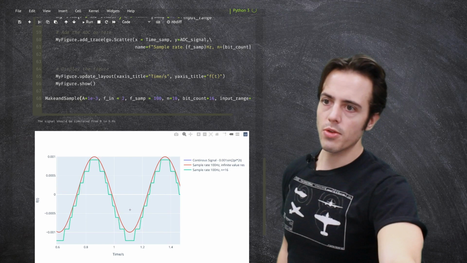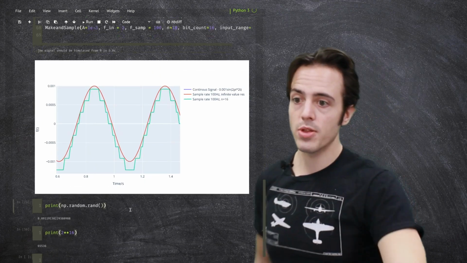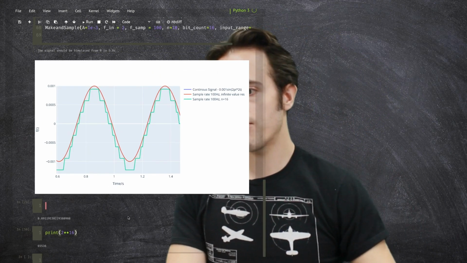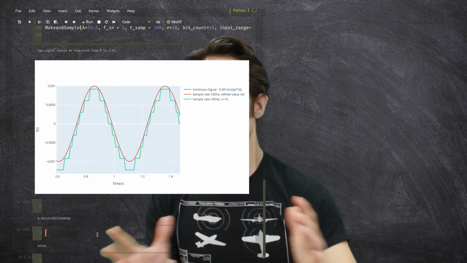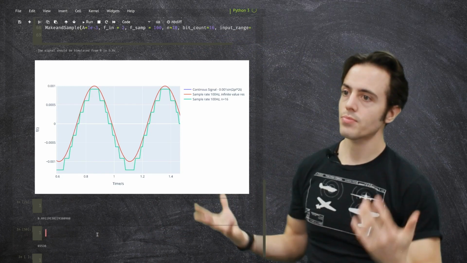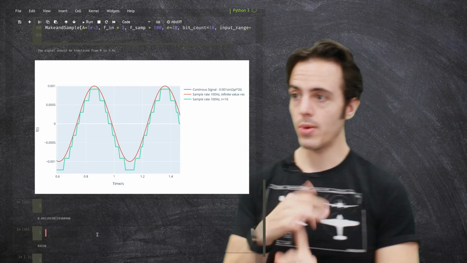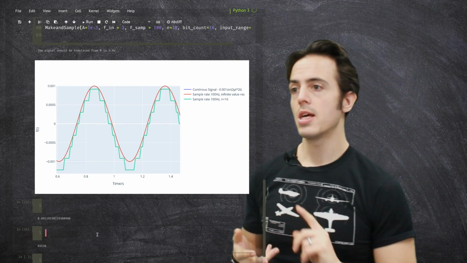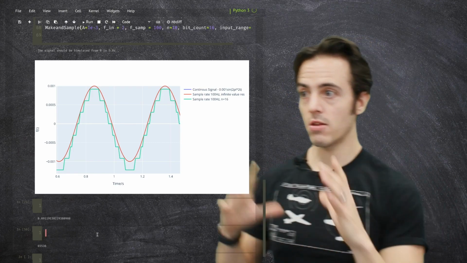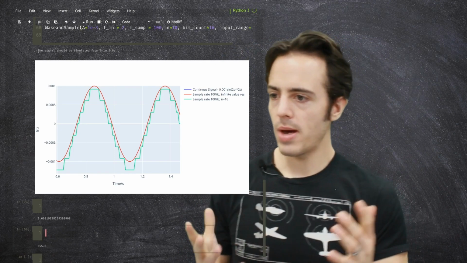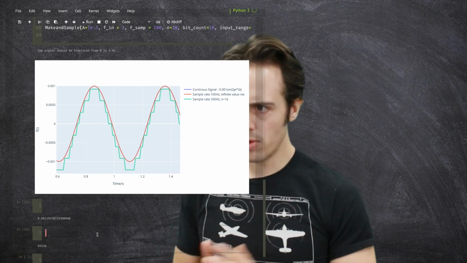Okay, so for this piece of code, what I want you guys to do is be able to produce this, and the last thing I want you to do is be able to print the output based upon a given input frequency and given input amplitude. And then I want you to be able to reproduce some examples of aliasing and attenuation of your signals. So you need to be able to export these. Now the way that we export them is